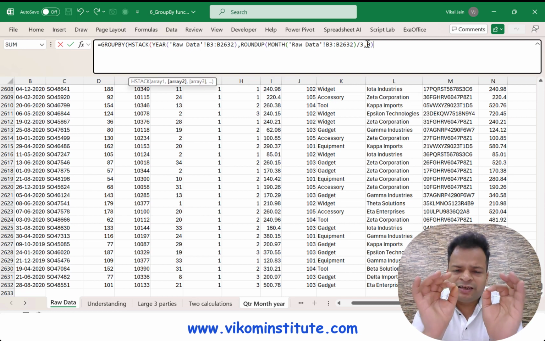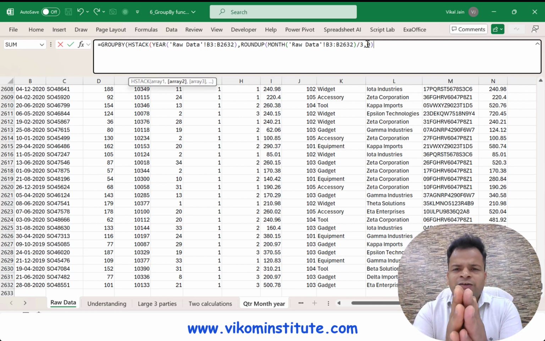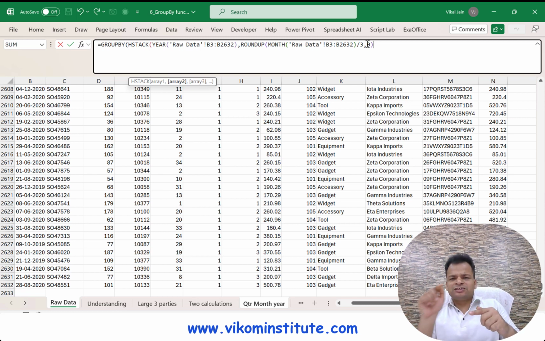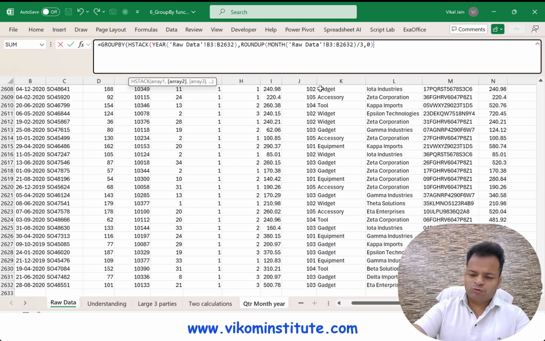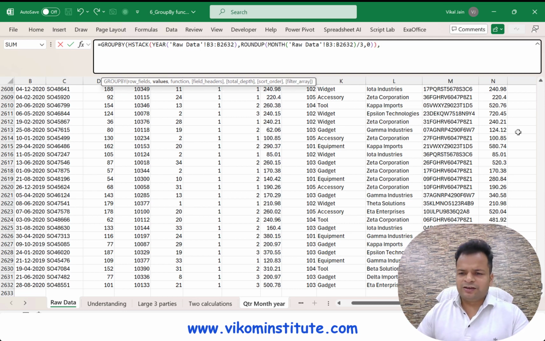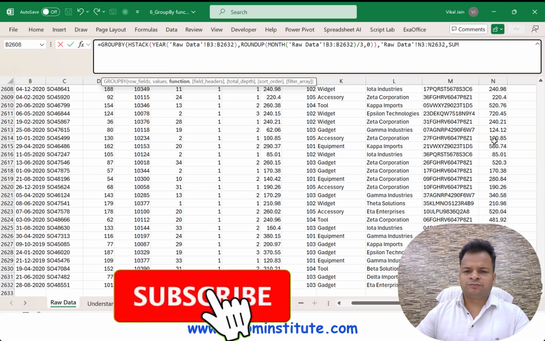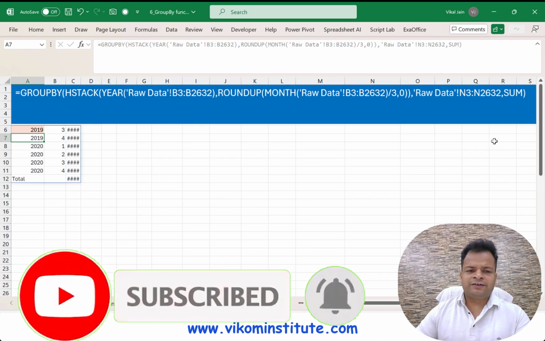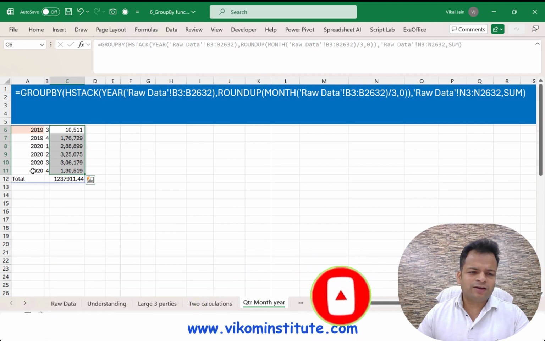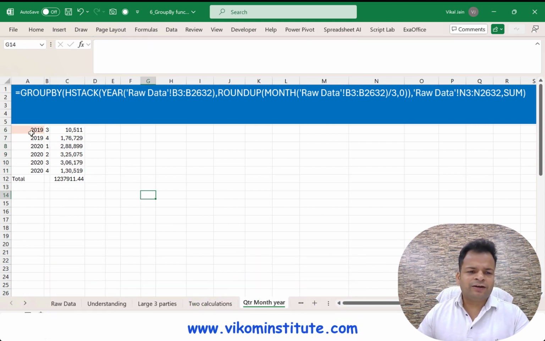See, if the answer would be, let's say 2, it is going to divide that 2 by 3, so the answer would be 0.67. If I use round up, it is going to make that 0.67 to 1. Exactly the same thing would happen with 0.33, which I am getting in January. So here is the trick. Now I'm going to close my hstack, and here is my sales volume. I'm going to take it, comma, and I'm going to use the sum function. Close the parentheses and enter, and you will see here we have quarter wise detail. So that's how it is going to work.